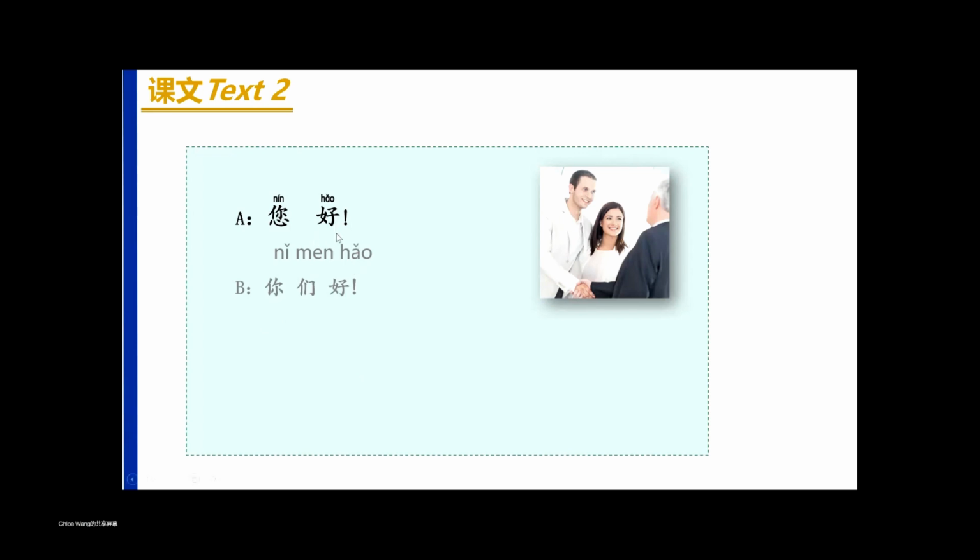This greeting is actually given here according to this picture. So 您好, 您 is how we say you to the person we respect. So to the person who is elder than us.